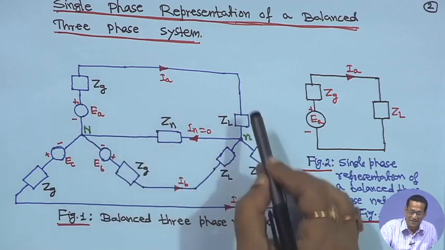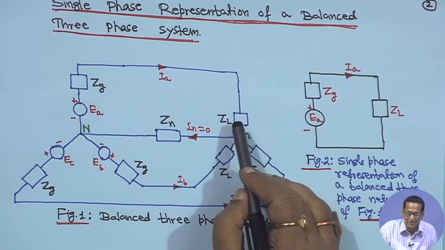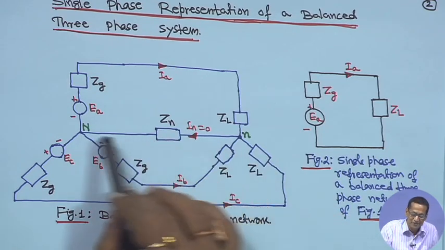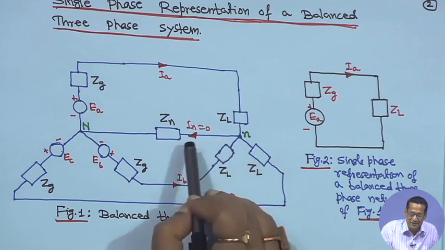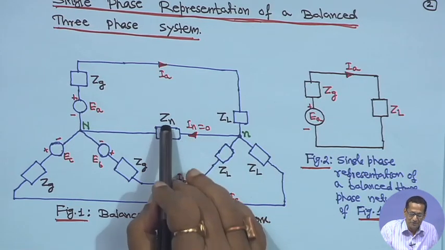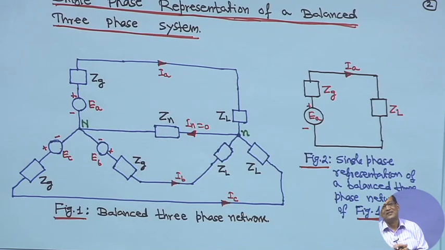This is the 3 phase load, star connected, with impedance ZL, and it is a balanced system. The neutral is connected neutral to neutral, but as it is a balanced system, no current is flowing through the neutral. Therefore, the neutral impedance Zn will have no effect,